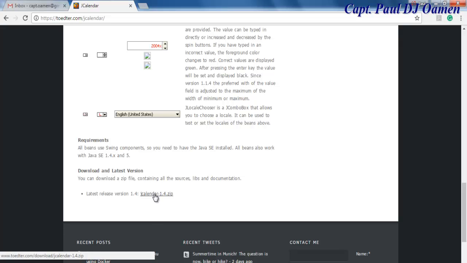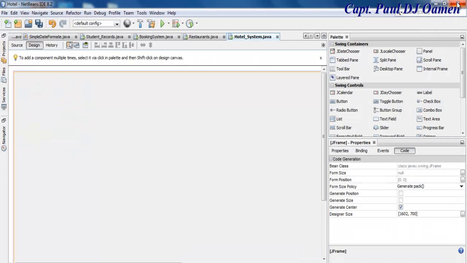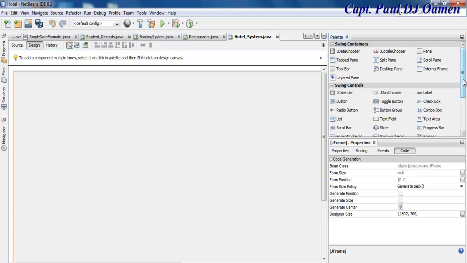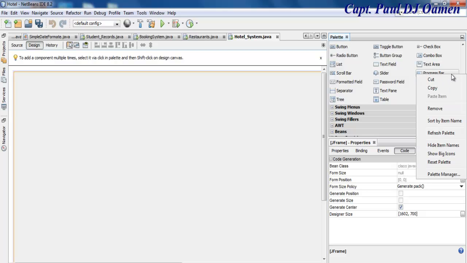Click on it to get it downloaded. Yeah, you can now close that because the file is now downloaded. I'm going to close it. Yeah, let's cancel that. Alright, now you come into your palette right here, right click on the palette and select palette manager, this very one,